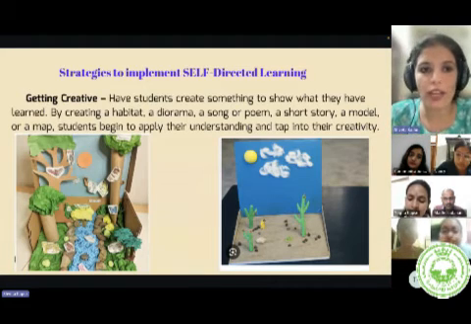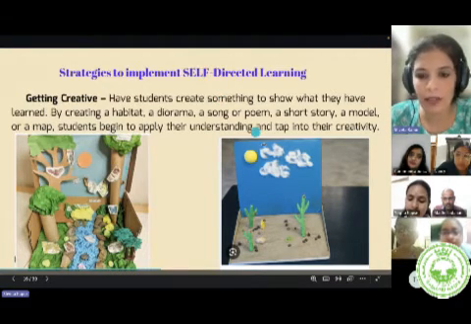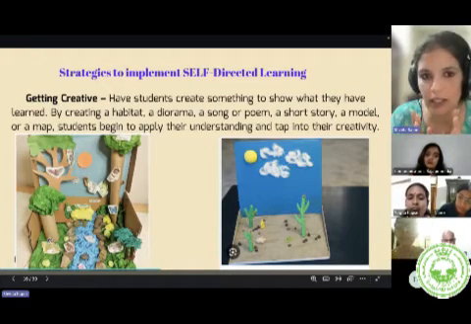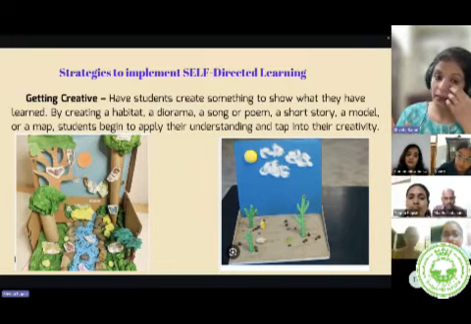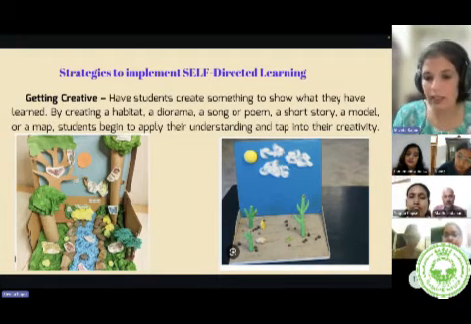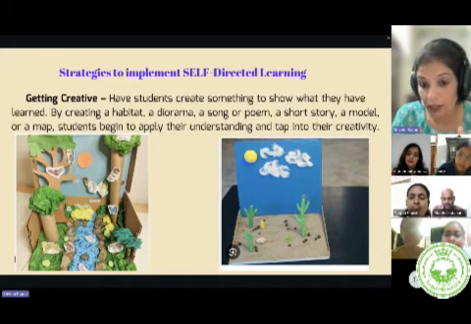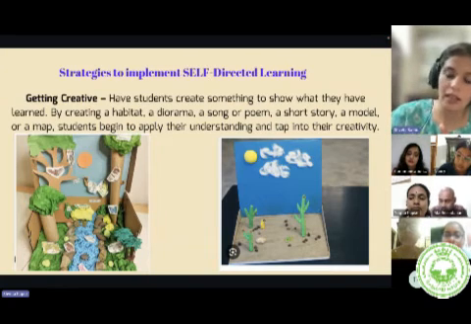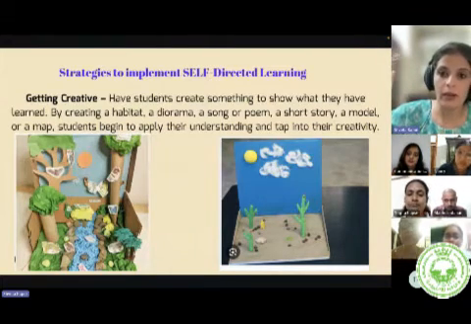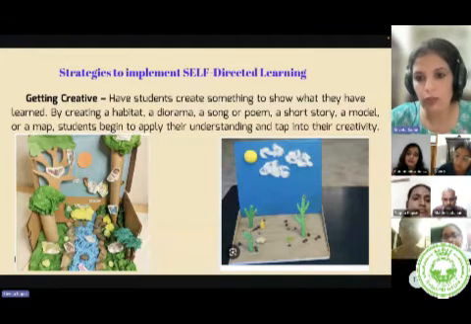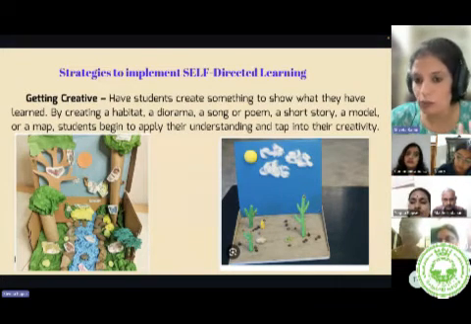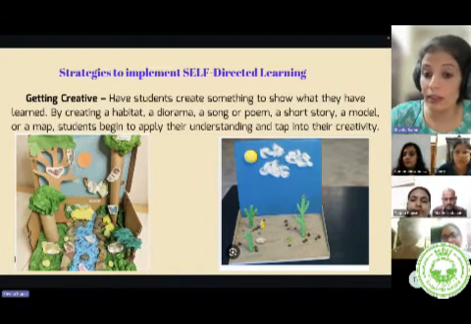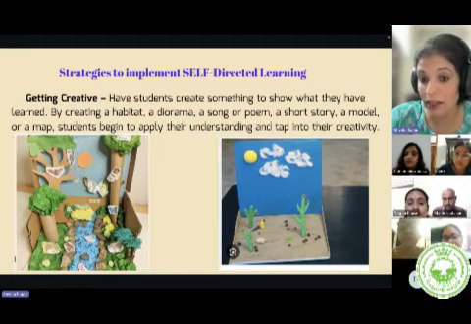Looking at time, I just come to strategies here to implement self-directed learning. One of them is getting very, very creative. Four or five strategies, not big things we are going to discuss here right now. Very simple strategies, like you can create a diorama. This looks like a grade 4, grade 3, grade 5 child's work, so the quality of work will vary with a learner who's in grade 11 or 10 or 9. You may ask them to use tech tools to create presentations, audio-visual working models, or, to a kinesthetic learner or to a learner who loves to engage by doing things,